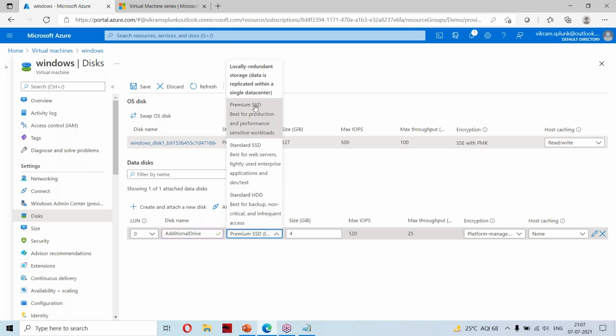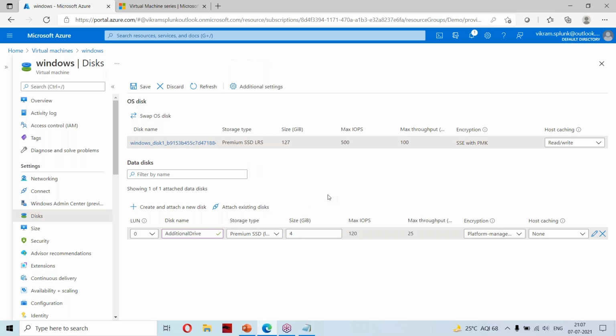Just now we have selected some drive or VM types. In your machine, in your database, you will have some mount points. Now I can create one drive and add it as a mount point. If I want to store some backups, I can go for the SSD. And one more thing, this is my C drive. Will I install any application in my C drive? No, right? In Linux also, I won't install any application in my root partition. What I will do is create a new drive and install in the new drive. Why? Because if the root partition gets corrupted, all the data will be lost. Yes or no?